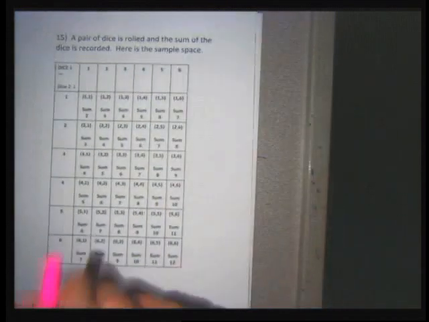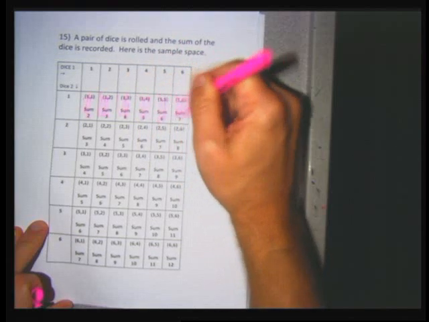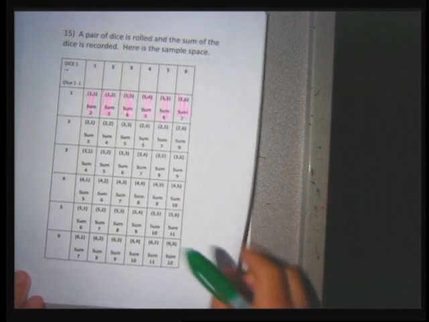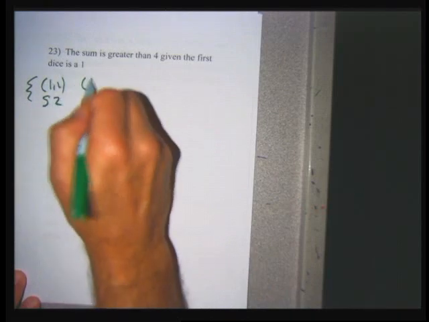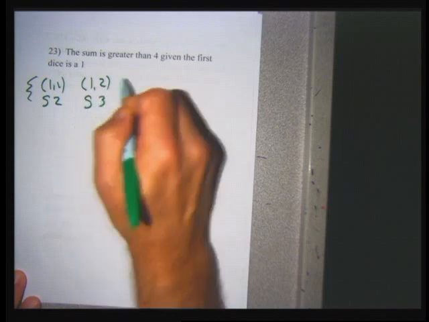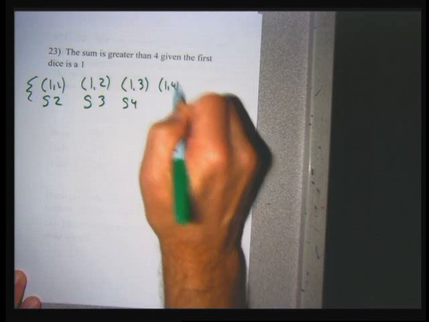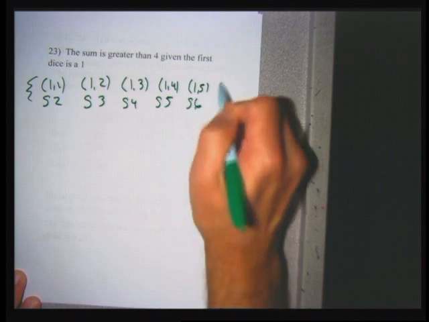Sum is greater than 4 given the first dice is a 1. So the sample space I need for it is the items here that have the first dice a 1. So the reduced sample space I need for this is 1 and 1, sum of 2, 1 and 2, sum of 3, 1 and 3, sum of 4, 1 and 4, sum of 5, 1 and 5, sum of 6, and 1 and